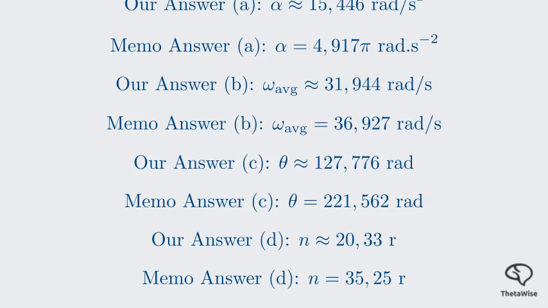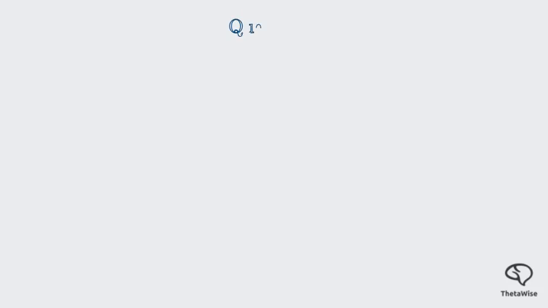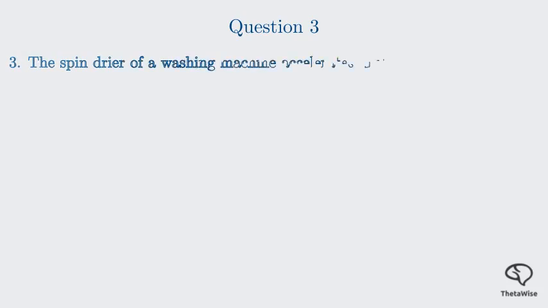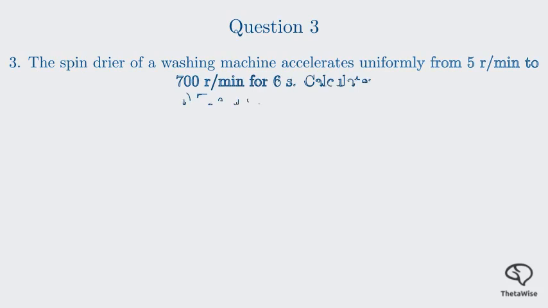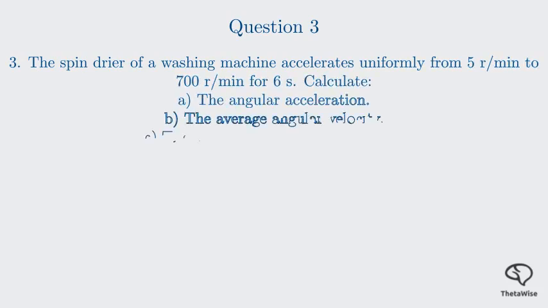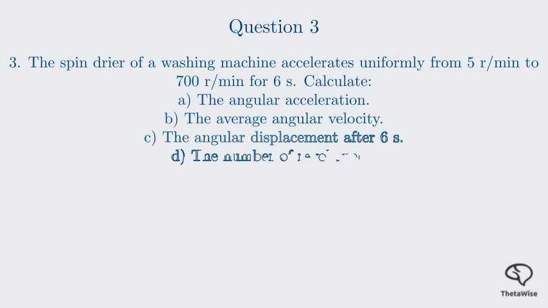This shows the importance of careful calculation and unit conversion. We're now on our final question, question 3. The question is, the spin dryer of a washing machine accelerates uniformly from 5 revolutions per minute to 700 revolutions per minute for 6 seconds. Calculate A, the angular acceleration, B, the average angular velocity, C, the angular displacement after 6 seconds, and D, the